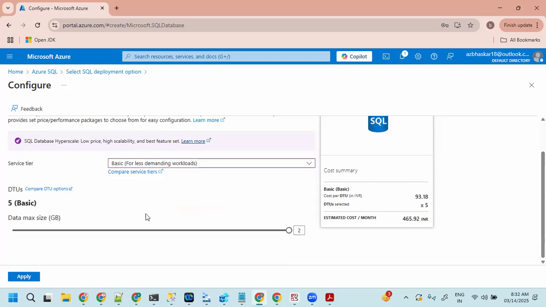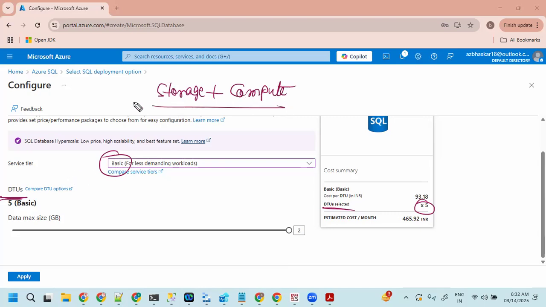If we take a basic, what happens is it comes with a fixed number of DTUs. How many DTUs are there here? 5 DTUs. DTUs are configured or measured by storage plus compute.